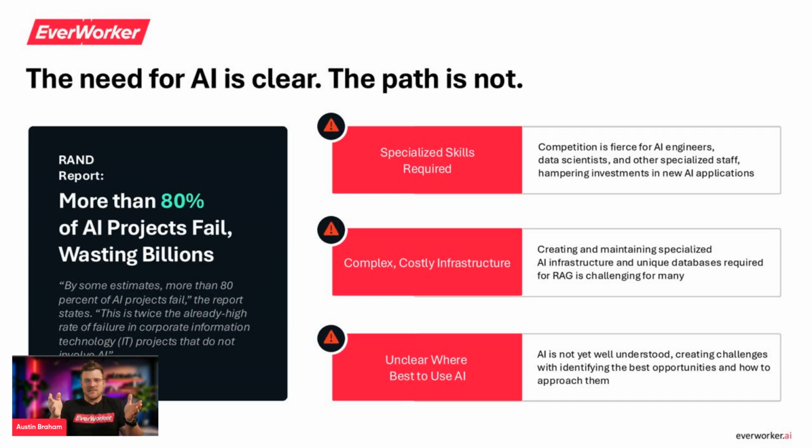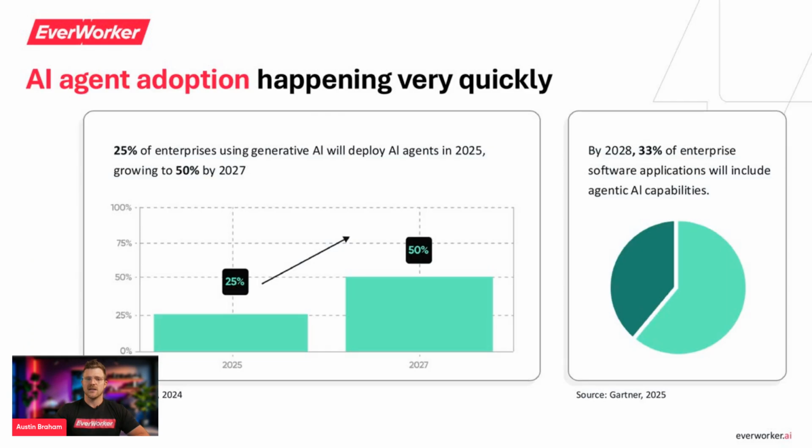I'm sure a lot of us have experienced seeing that before. The big thing that it comes down to is that you often need really hyper specialized human workers that know how to do things like this, such as Andrei. And that can be very expensive. They're usually going to Google, Meta, and OpenAI, these large companies. It also involves a very costly, complex infrastructure to run these systems, and it's unclear where the best place to use AI is in the first place.